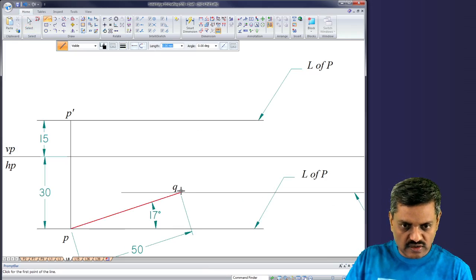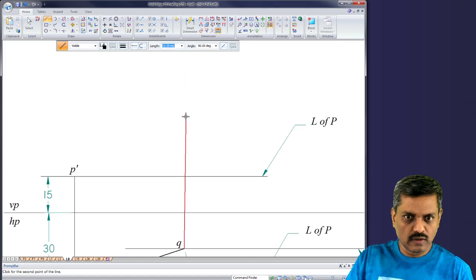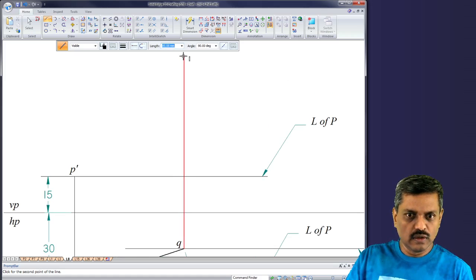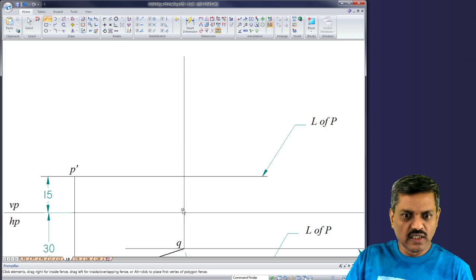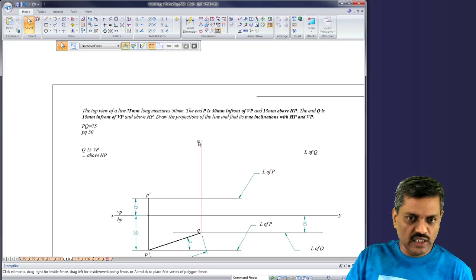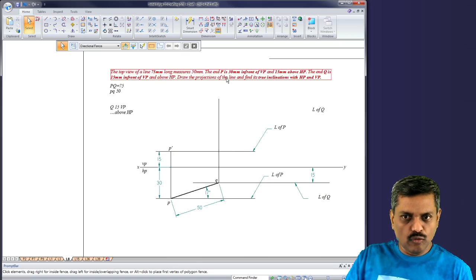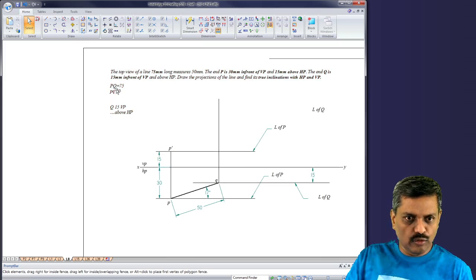Let me draw this, keeping a vertical line over there like this. We do not know where it lies, but it should lie on this vertical line. So the front view of this point, q dash, will be somewhere here. We do not know exactly where, but it should be on the locus. Where this vertical line and the locus of q in front view meet, we do not know how to get that. So what are we left with? We have utilized this also.